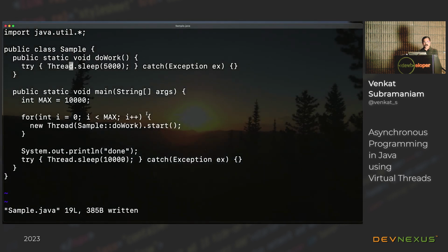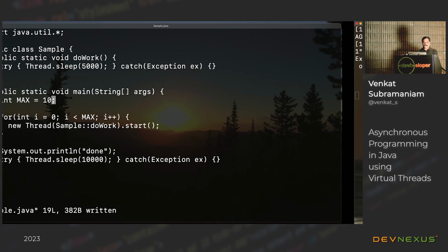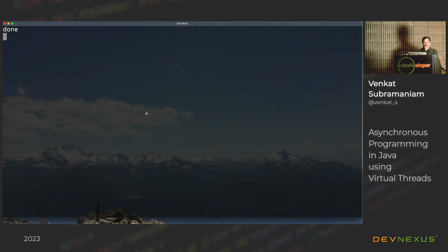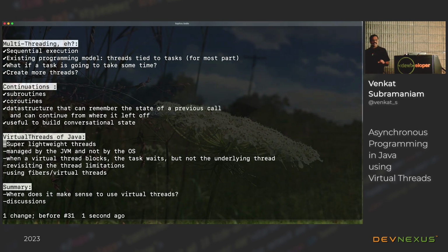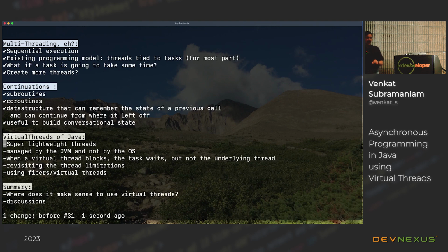So remember this code where we created the thread and it started failing. We'll just put this back to 10 again. It says done, but let's work with that again. So now enters virtual threads. Virtual threads were introduced as part of Java 19, and as you know, today we are in Java 20. But this is a pre-release version, which means don't put this in production yet.